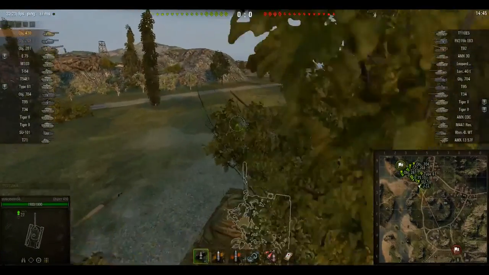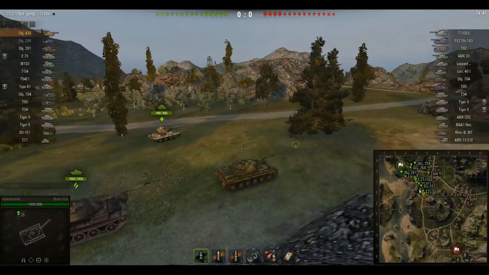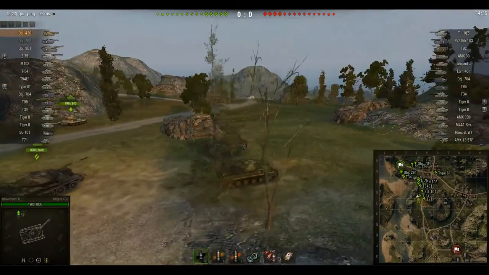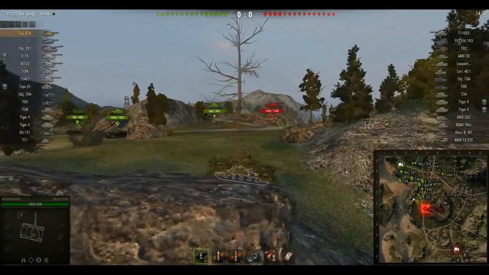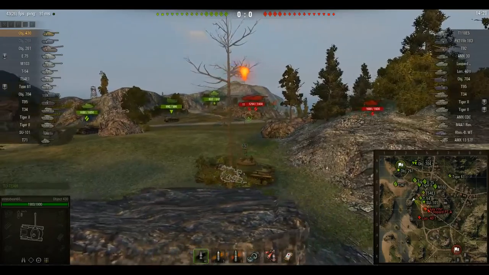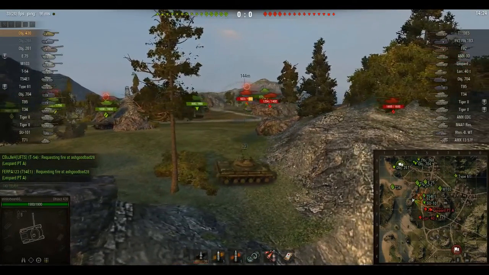On Mines, I don't really like going hill. I think that it's kind of risky, and I care too much about my win rate to go hill, but I do like going to this position. It's really good for supporting people that do choose to go to the hill, and that's the second best thing you can do. It's also nice to get shots into idiots like this guy,